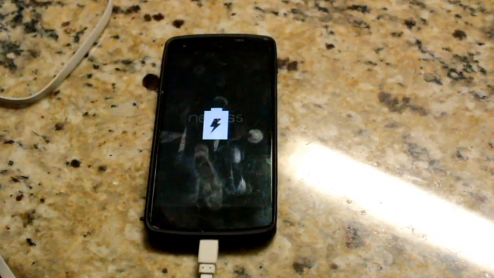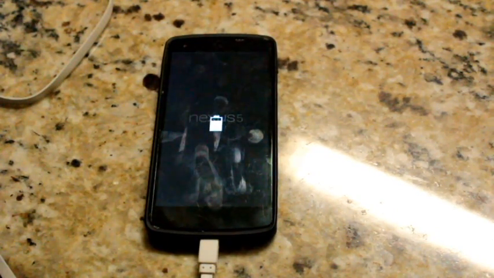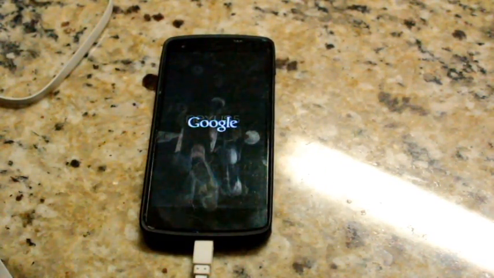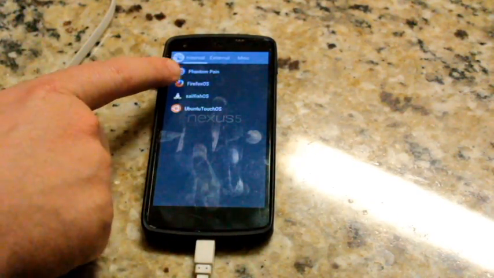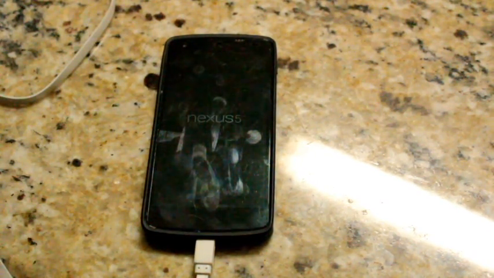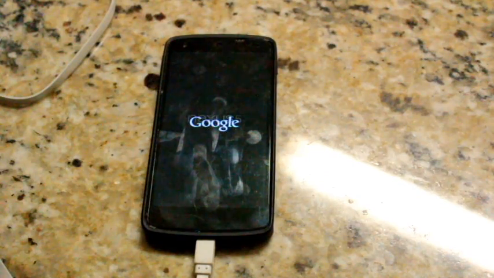So we're gonna check out Firefox OS. So let's do that. Let's get in there. I'm just gonna skip that because that'll boot us into Android by default. And now we're gonna boot into Firefox OS. Firefox OS was built to rekindle some of the life of older phones. And so far, I'm not gonna say it's pretty damn stable, but it's better than